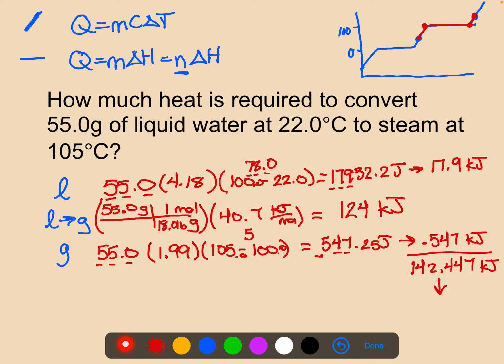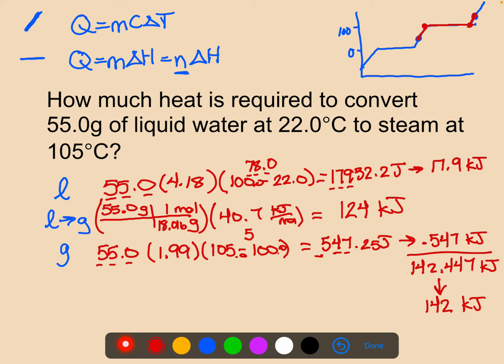So we would need to round this to the whole number, which would be 142 kilojoules. So be careful on sig figs with the thermo problems. They tend to be rather tricky, especially with those temperature changes. But you can generally use your mass, however many sig figs are in your mass, to do the sig figs